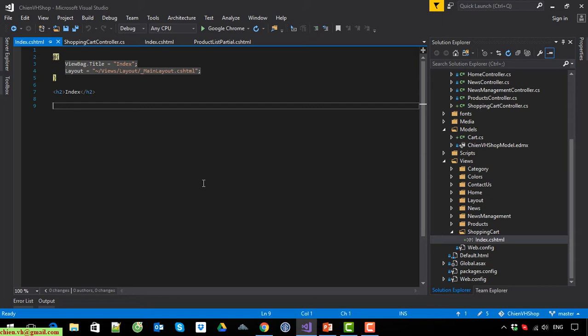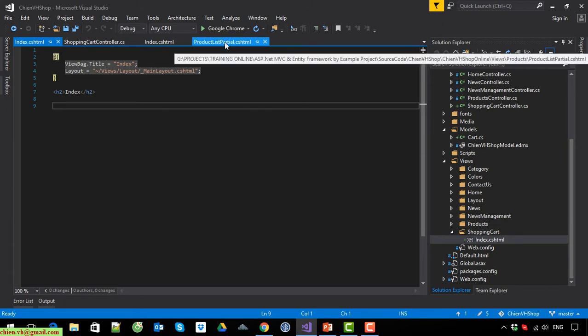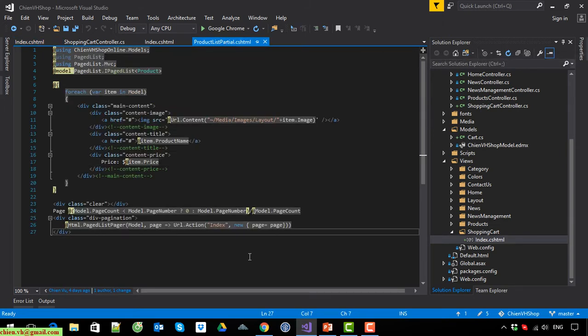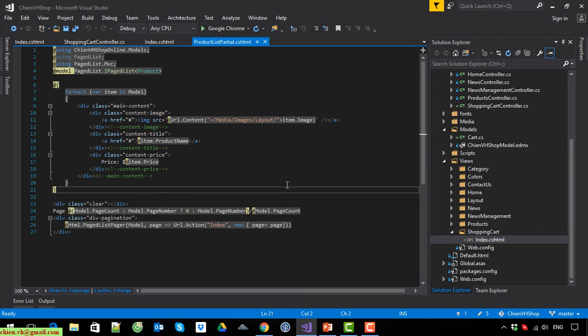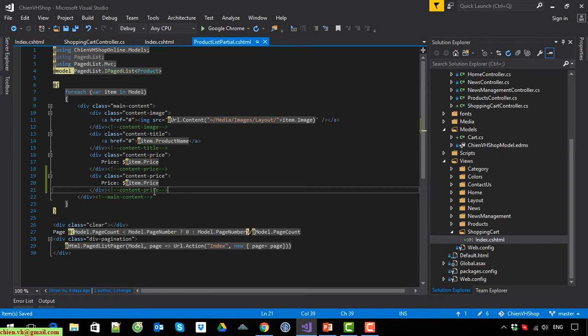Okay, so firstly, when we work on the index page, we should work on the product list page first. We have to add a new hyperlink here, which allows the user to click on this to add the product into the shopping cart. So I will copy this one. I will temporarily copy this, and I will change it into the HTML action